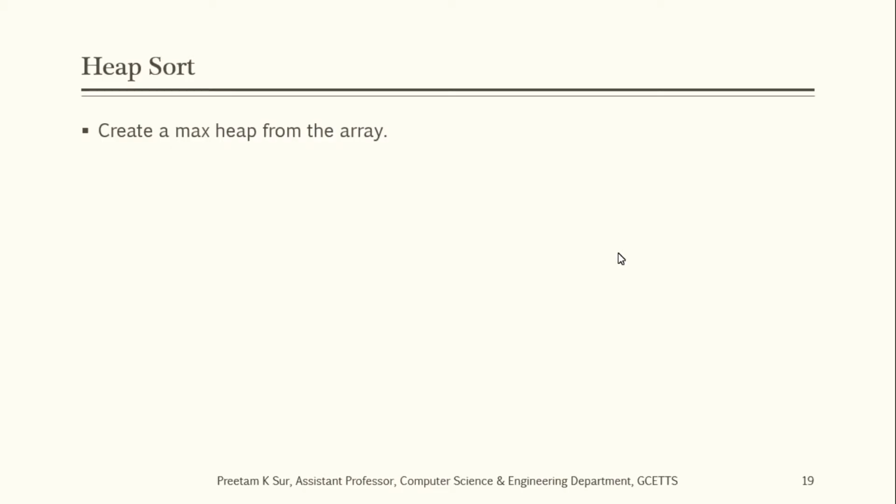Okay, so first with the given array, we are going to create a max heap. And next, in each iteration, we swap the root element with the last node of the heap. The root element of the heap is nothing but the maximum element because it is a max heap, right? So if we take it out from the root and swap it with the last element of the heap, what will happen? The last element of the heap is nothing but the last element of the array, right? So if you swap it with the last element, the maximum element is going to come into the last position, right?